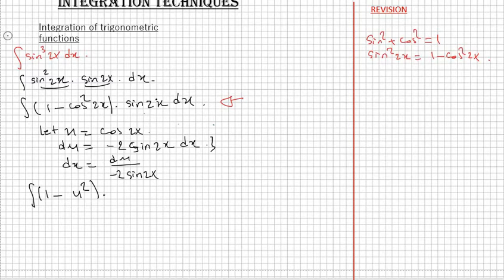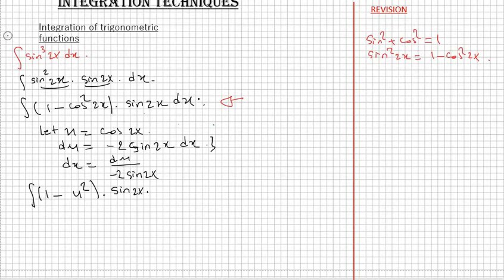There is no expression which shows sine 2x in terms of u, so I will keep it as it is so long,